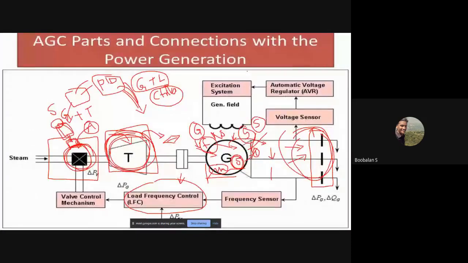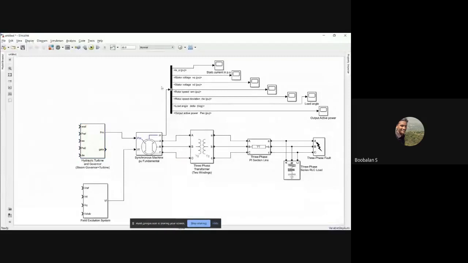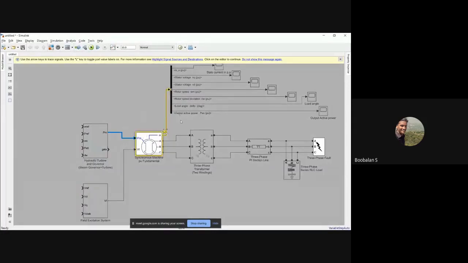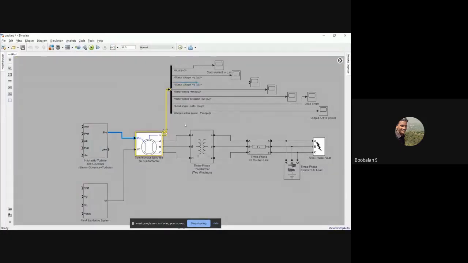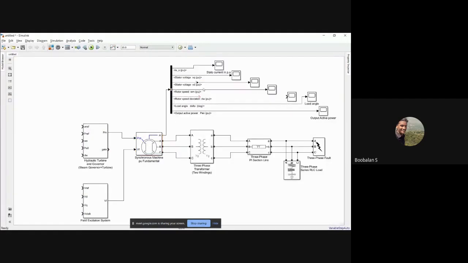For that purpose, I need to give this rotor speed. Already we measured it over here. I think I just measured it somewhere. The highlight function is now enabled, right? Right, already we measured the rotor speed deviation, right? So this is the rotor speed, WE, right? And WD is the rotor deviation, right?